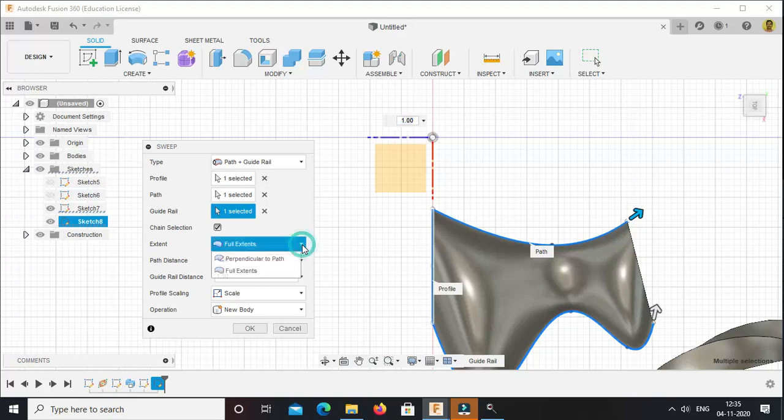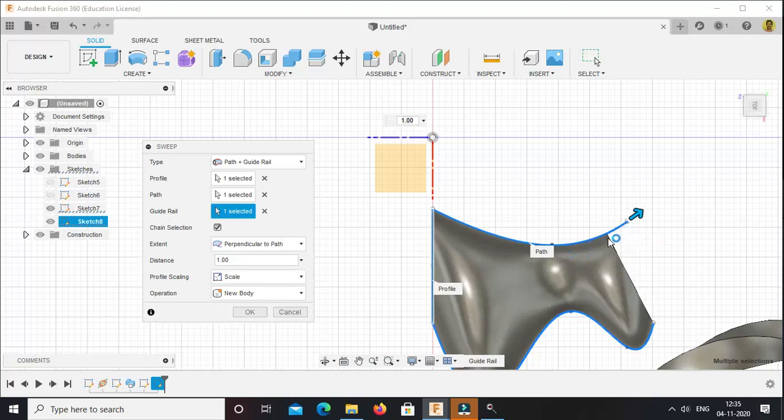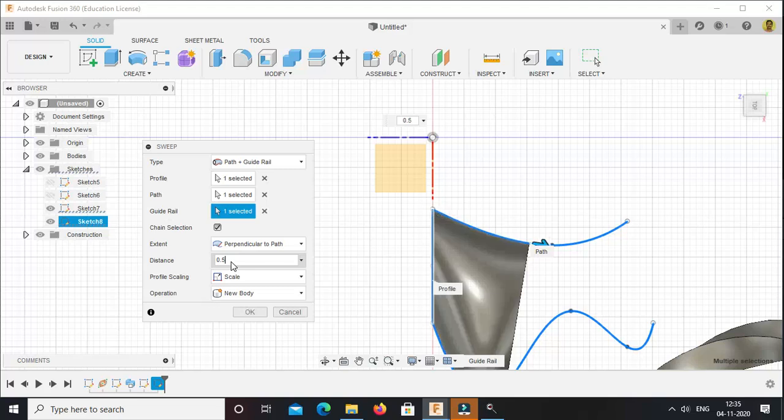If you select perpendicular to path, then it will end the feature where the final cross section is perpendicular to this path. The distance option is the same. If you select 0.5, then it will cover half, that is the 0.5 part of the path.